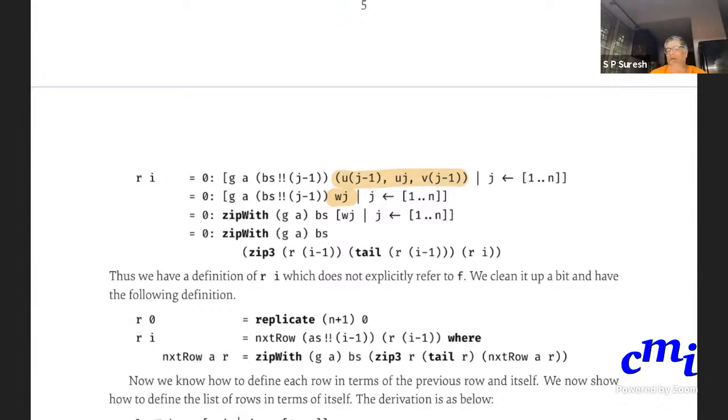Now things have become much more simplified. Rather than thinking of g as a function on some 5 things, now I am thinking of g as a function on 3 things: a, b as j minus 1, and wj. Of these 3 things, a is fixed.